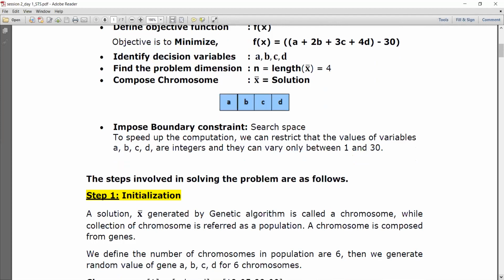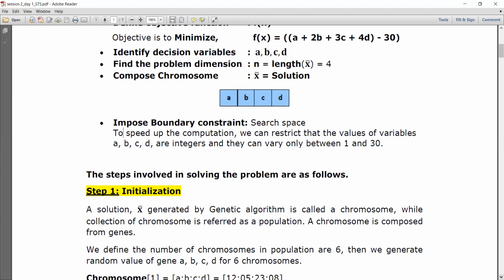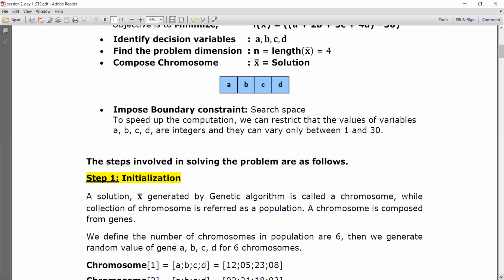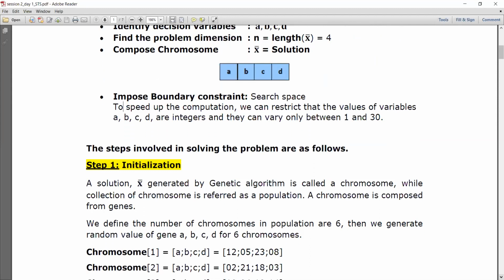So it says one solution. One solution involves 4 variables. So one variable is not one solution; 4 variables at a stretch forming a vector is considered as one single solution. So right now this ABCD as a vector denotes only one single solution. With a single solution, we are not going to start the procedure. But this is the representation of a solution as a first step.